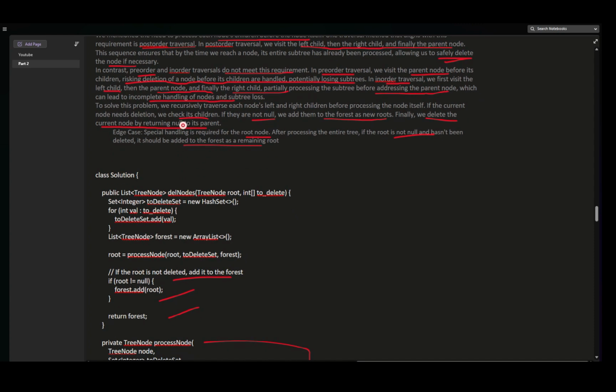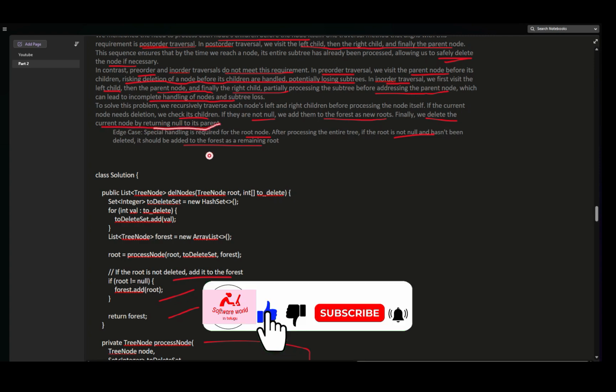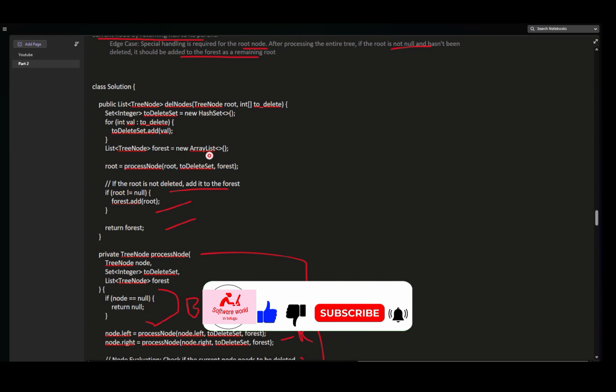So we should follow post-order traversal using recursion, and we can delete all the nodes, collect the remaining roots into the forest as new roots, then delete the current node and return null if it is the parent. And then, yeah, this is the